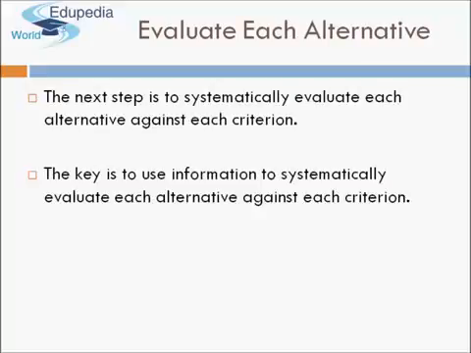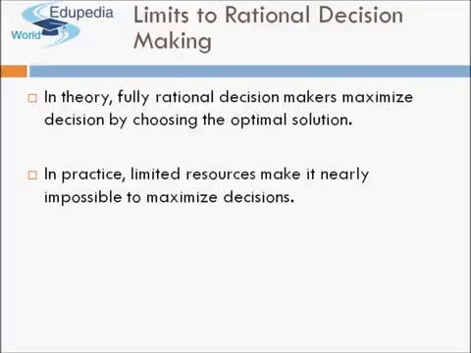So what exactly you are doing is, all those solutions that you've thought of, you will keep in mind the criteria and the weightage that you've given to every criterion, and you will try to evaluate the solutions. Once you have evaluated the alternatives, you will be able to find out which alternative is the best suitable for you. The best suitable alternative will be the solution to your problem, and that is how you can make a rational decision.